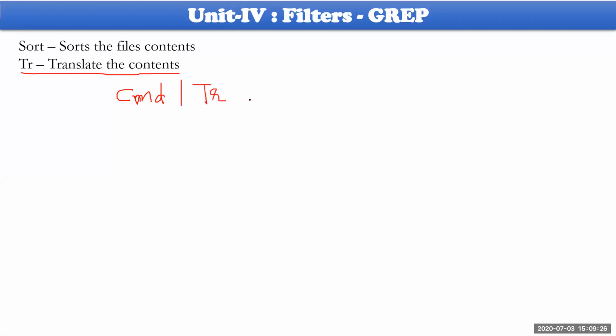Certain translation will happen from small a to capital Z to capital A to capital Z, something like this.